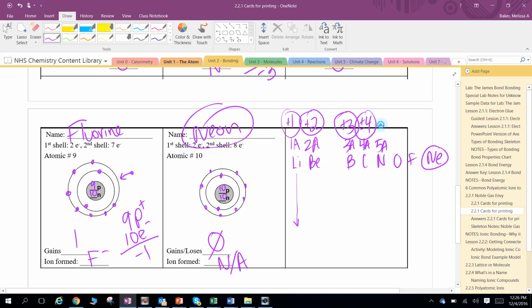Everything in group 5A wants to gain 3 electrons. Everything in group 6A wants to gain 2 electrons. Everything in group 7A wants to gain 1 electron. And everything in group 8A wants to stay as they are, so 0. So notice the pattern, +1, +2, +3, plus or minus 4, then it goes down, -3, -2, -1, 0. And that's it for this